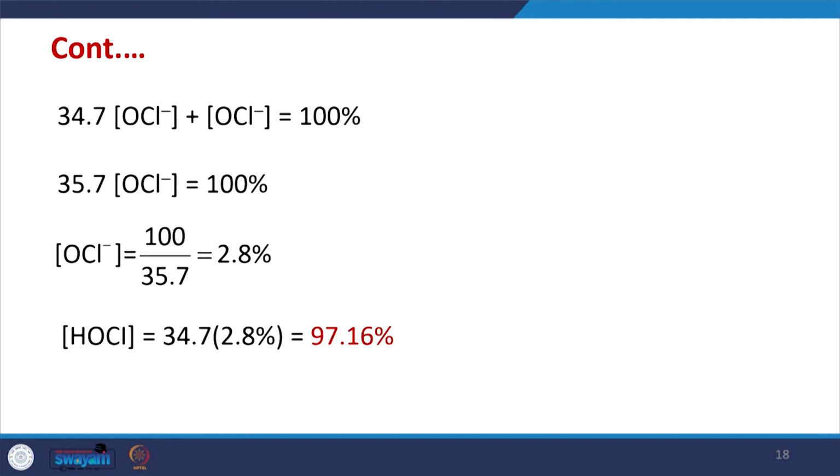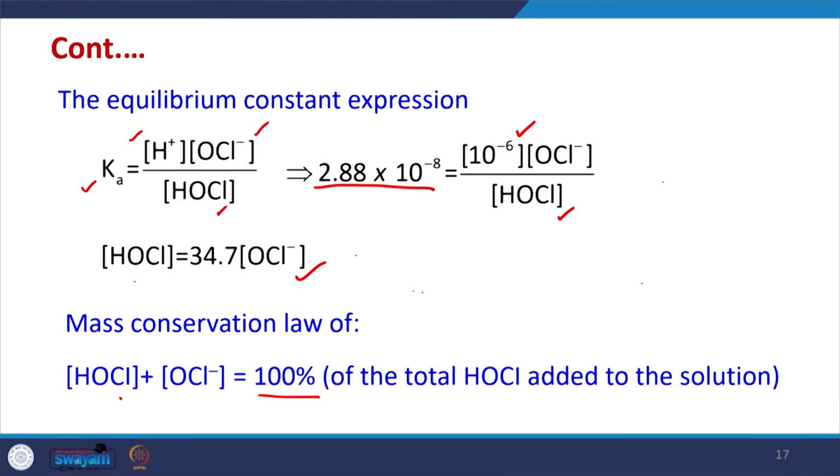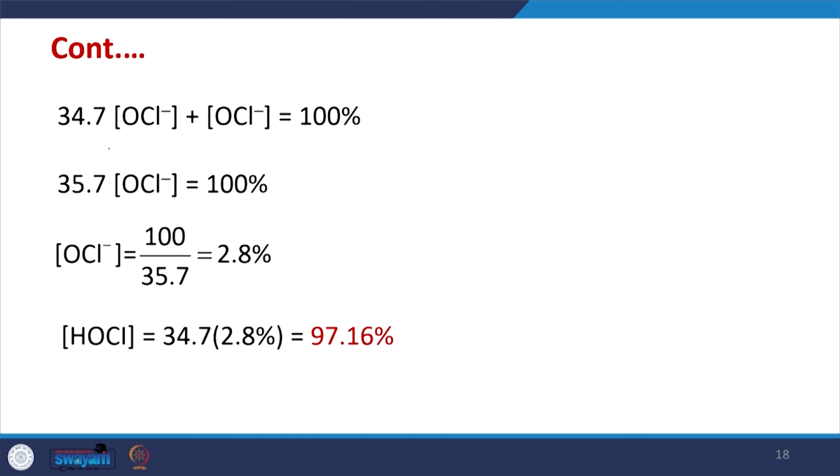So we add this relationship here, and if you solve it, 34.7 OCl⁻ plus HOCl is equal to 100%, and we find that the OCl⁻ concentration is 2.8%. That means the HOCl concentration is 97.16%. Through this we come to know that at pH 6,